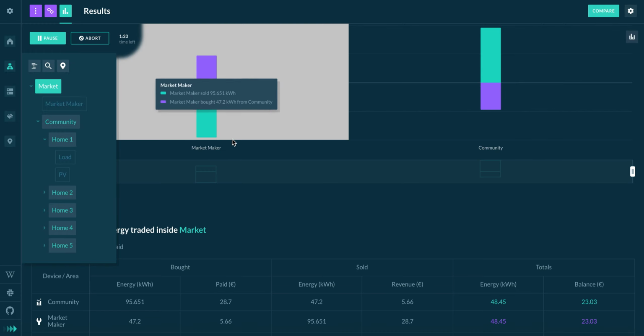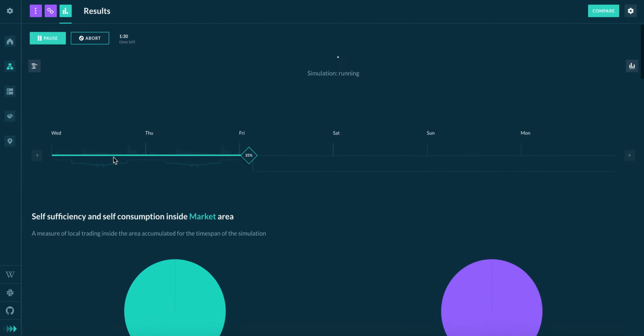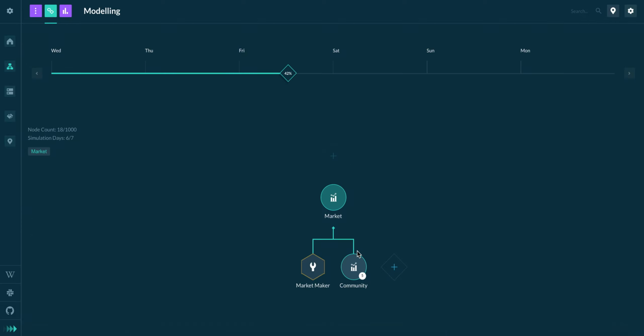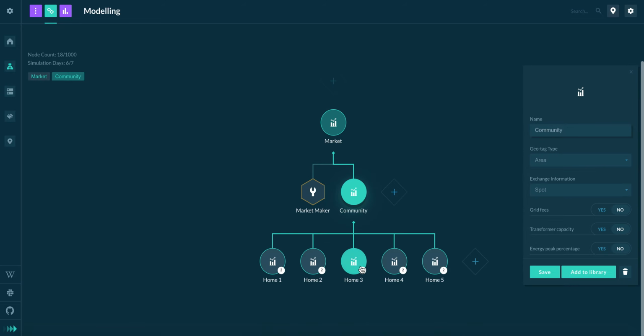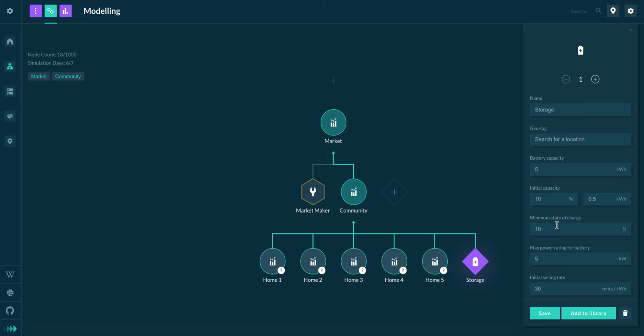So let's go back to the highest area, and now we can see that the simulation is already in its third day. So now I want to know how my results might change if I add more devices to my simulation. So I can add a storage